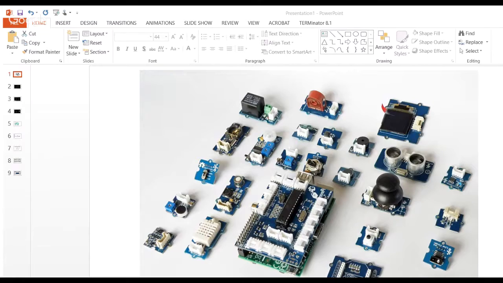IoT broadcast. The idea for today's broadcast is to do a basic introduction into what is IoT,